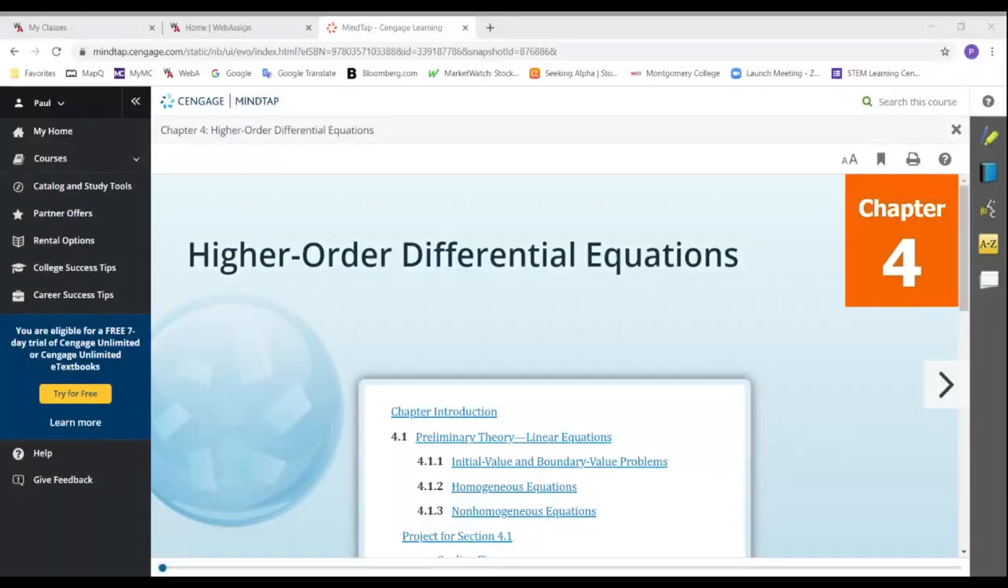Okay, higher order differential equations. So up to now,